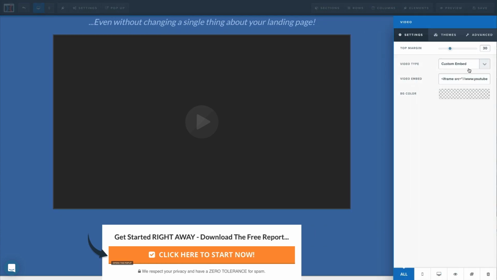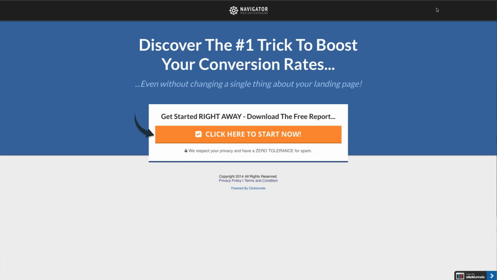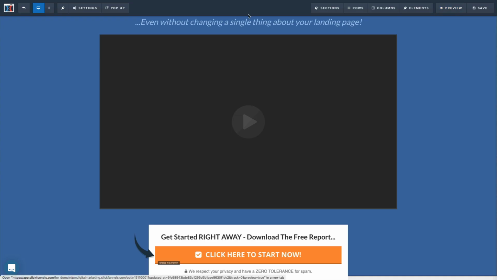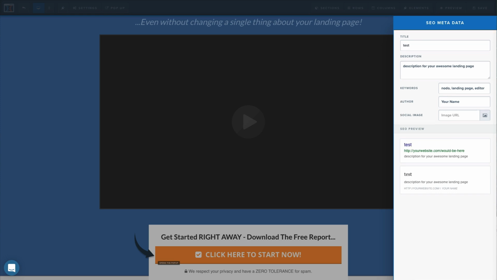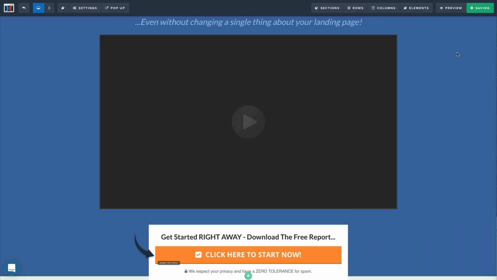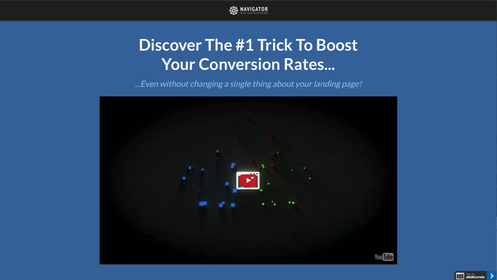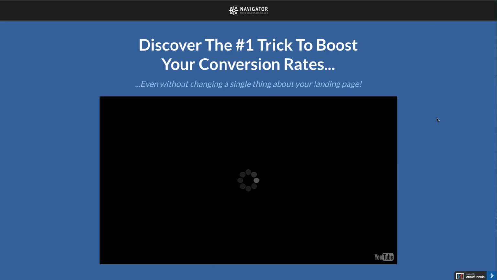And again, you can just scroll down the size of that thing. At the moment it's showing different videos. So if we hit a preview on this, sorry, my mistake, I want to save that first, and it's going to ask me to make sure that I put something else in there. So we're going to save that, we're going to preview, and then we hit that button there and it starts